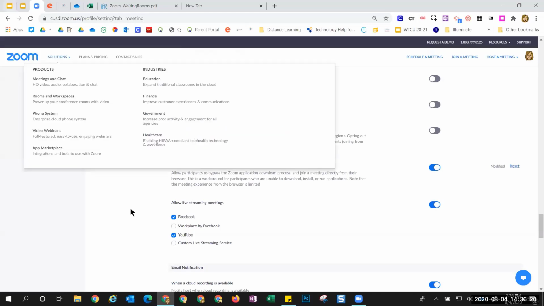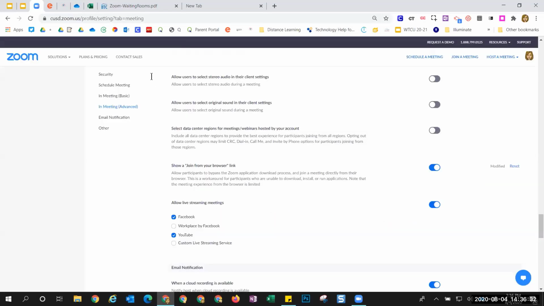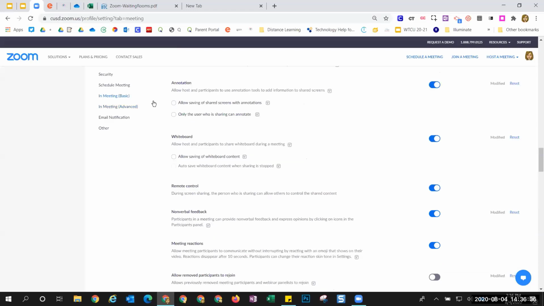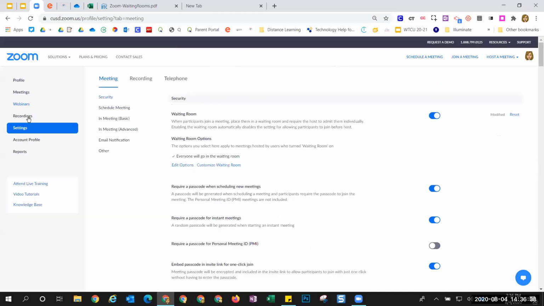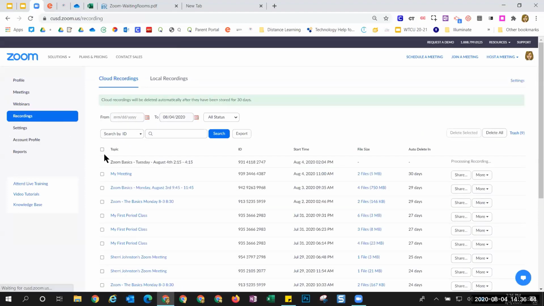Great. And then can you post a recording of just yourself on a platform like Google Classroom or Seesaw? Okay, there are links in here to the videos. So I'll show you what they look like here. So let me find one. So you'll go to recording. So after you record yourself, you go into recordings. It's going to show you a breakdown of what was recorded. So this is the meeting that we're currently in, right? So it's processing our recording. This is the one